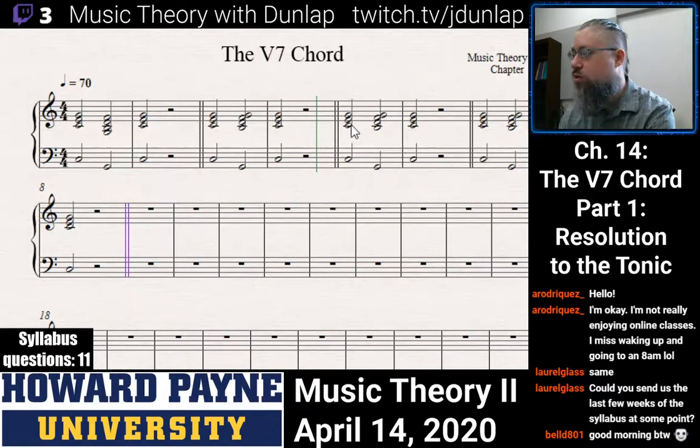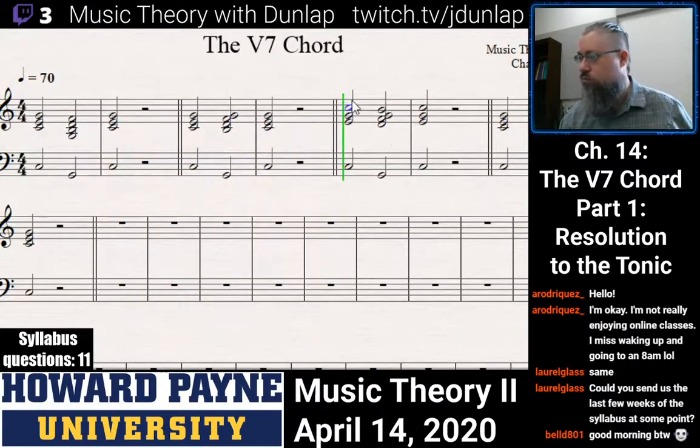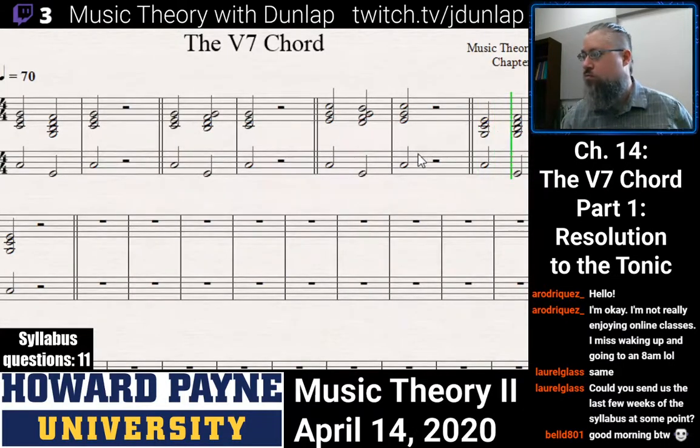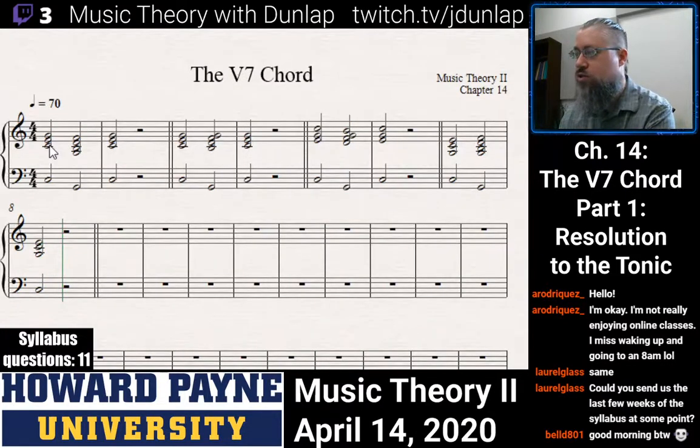So we're going to invert upward. We're going to hang out around the tonic. Then here we're going to invert downwards. And hang out on the third scale degree. These are all different versions of